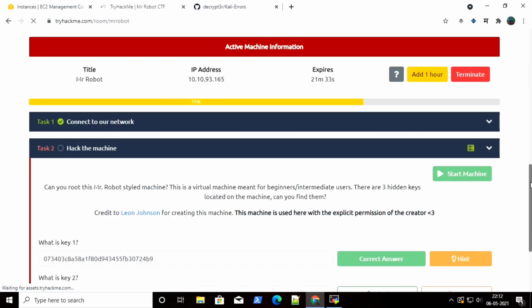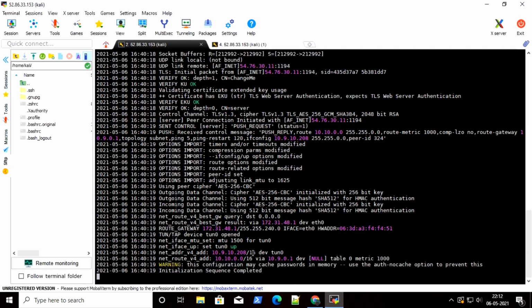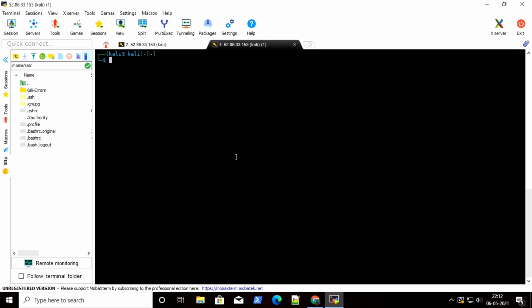I tried cracking password of elite user on my Kali machine, but because of low configuration, I'm not able to crack that, and it was taking too long time and my machine was not responding. That's why now I'm going to use AWS to crack this password. You can use your Kali machine, that doesn't matter, but my system is not compatible. That's why I'm using AWS EC2 instance. So first of all, we are going to copy our IP. So I have just newly launched the machine. So just copy its IP, open AWS console.